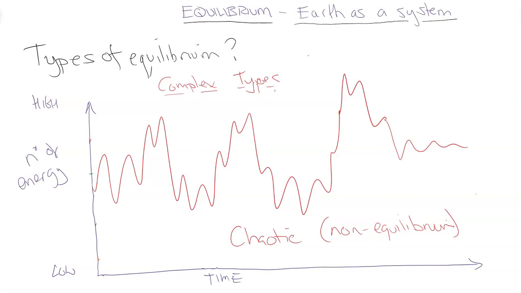Just love that movie. All right, so that is all the different types of equilibrium. There's the basic ones, there's the more complex ones, and the last one here is chaotic, which obviously is hard to find an equilibrium over a course of time. So we use these to understand the Earth and the processes and how things are formed and get destroyed and then remade over time, because we know that the Earth is inherently